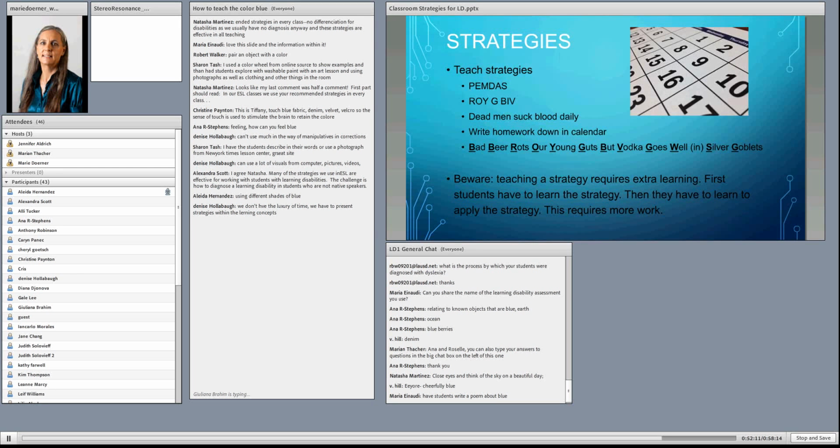The other thing is that bad beer rots our young guts, but vodka goes well in silver goblets. This is actually